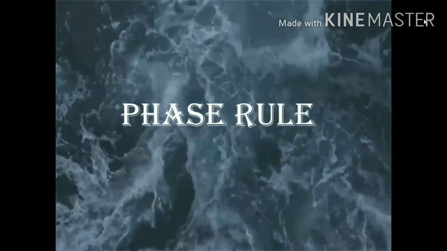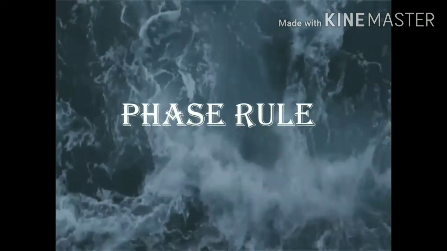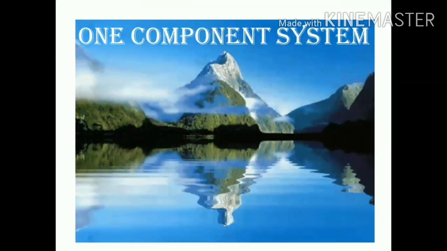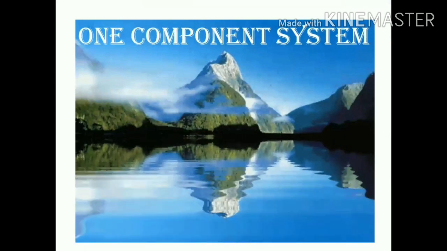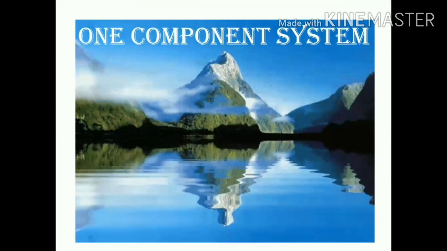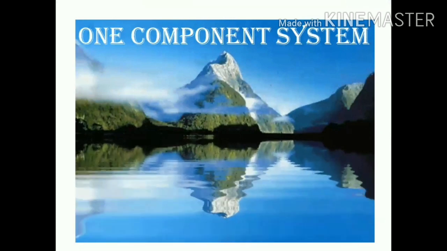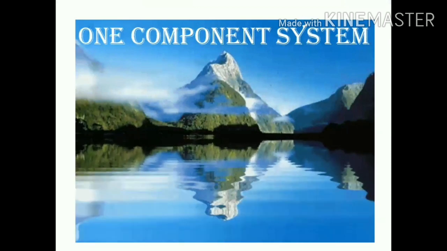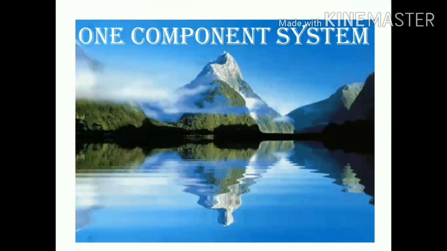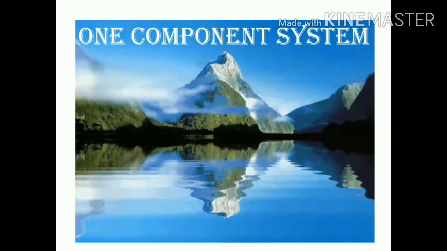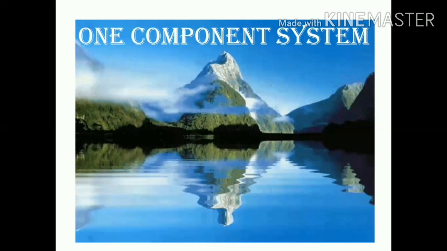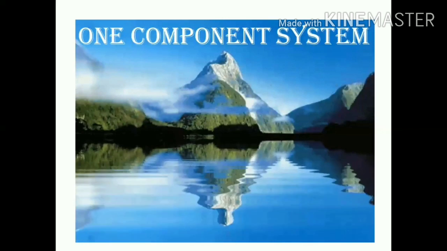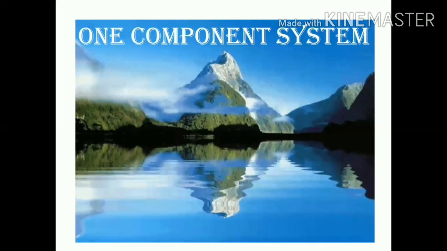Hey everyone, so today in this video we shall learn about the phase rule and its application to one component system. When we have mentioned one component system, let's try to understand what component stands for in this section of chemistry. The number of components of a system at equilibrium is actually the smallest number of independently variable constituents or parts of the system by means of which the composition of the entire phase is defined or can be